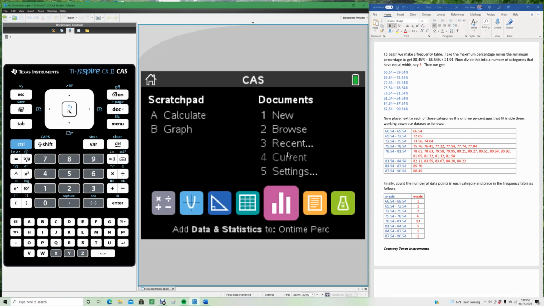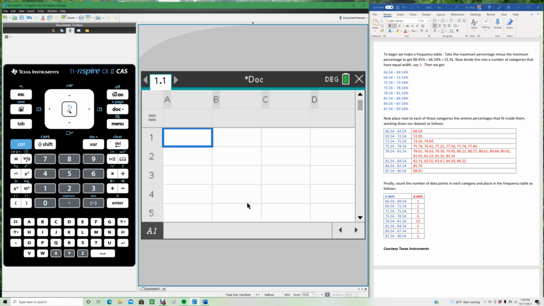Now for our TI-Nspire CAS calculator, we'll show you how to make a histogram. First, you have to enter the data just like we did in Excel. And to do that, we click on the data button, the green one, and then we just start putting in the data just like we did before: 66.54, 72.05,